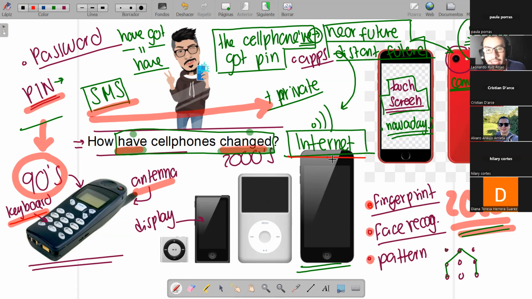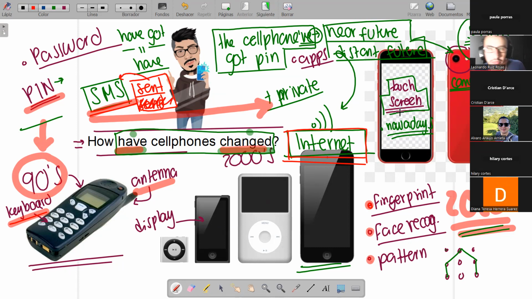Nowadays, the cell phone has internet. Every cell phone has internet connection, no? Long time ago, the cell phones only sent short text messages, like SMS, no? Sorry, only sent, no? In the past. So, por ejemplo, send es un verbo que del presente al pasado se escucha muy similar. Send and sent, ¿cierto? ¿Cómo hago para identificarlo? Bueno, pues justamente con la expresión de tiempo. Si yo digo long time ago, ok, ya sé que no es send, sino sent, ¿cierto?